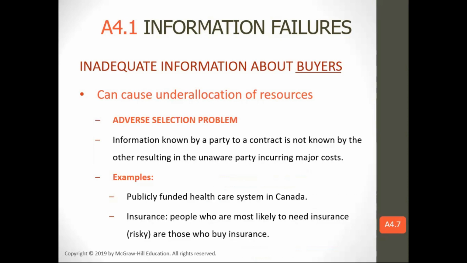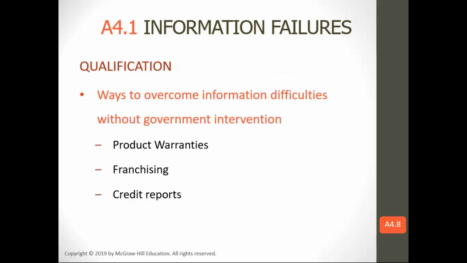Adverse selection is when information is known by one party that is not known by the other, so there's a lot of cost to the other party. This shows up in the public health care system in Canada, and there have been issues with that. People that are more likely to need insurance are those who buy insurance. And then there are ways to overcome information difficulties without government intervention, which can be through